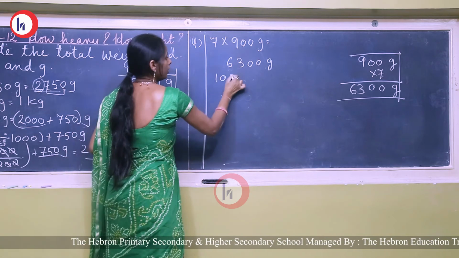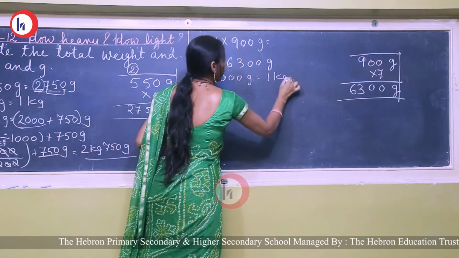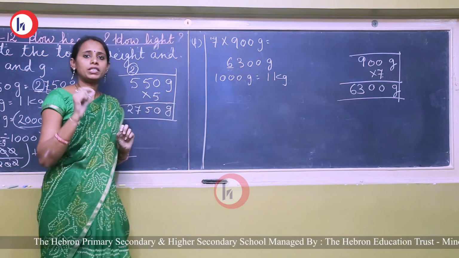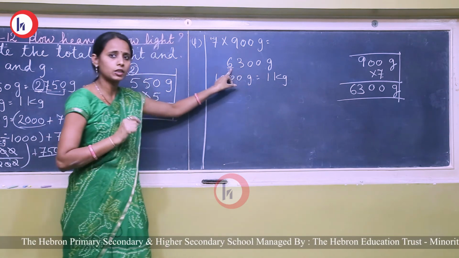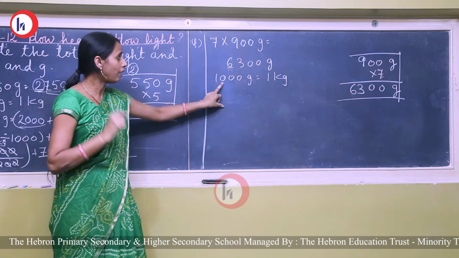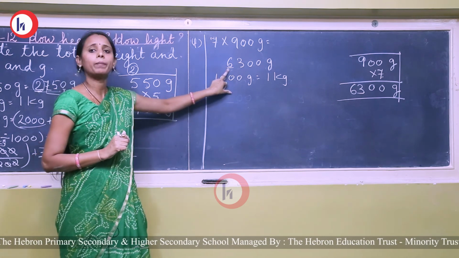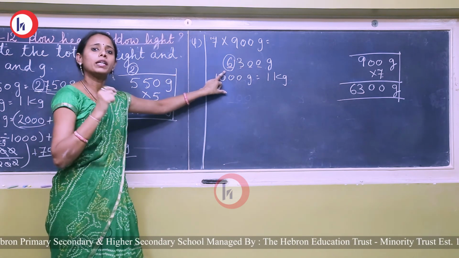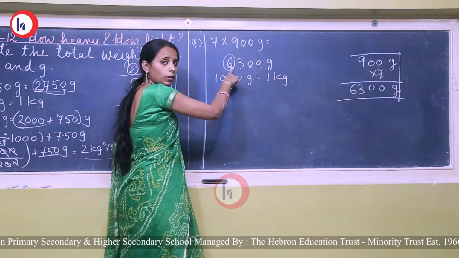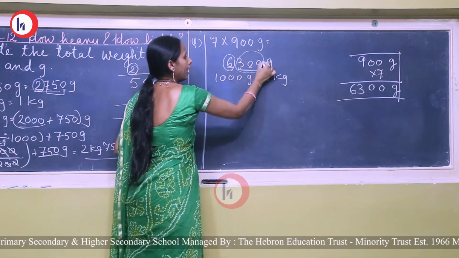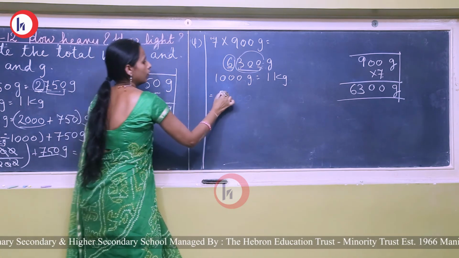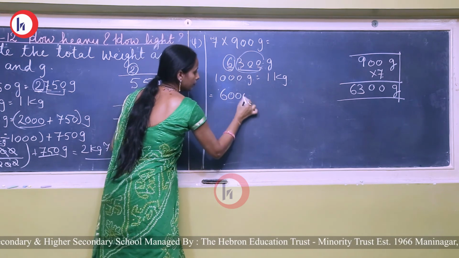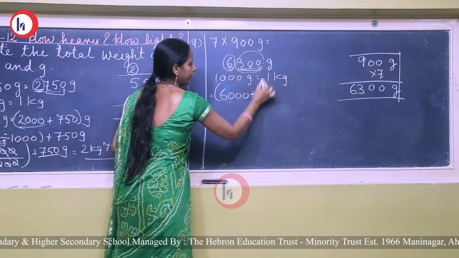But how? 1000 gram is equal to 1 kilogram. Now see, if we want to do it orally, only see the number which is in the 1000 place. 1000 की place को ही देखना है, just because we have to divide. We have to divide it by 1000. 1000 से divide करना है तो 1000 की place देखो कहाँ है, ones, tens, 100 and 1000. तो जो 1000 की place है वो किलोग्राम में convert हो सकता है. So 6 will be kilogram and जो बाकी के जो बच गए हैं that will be in gram. So this number will be separated. कैसे? 6000 and the place value, then 300.